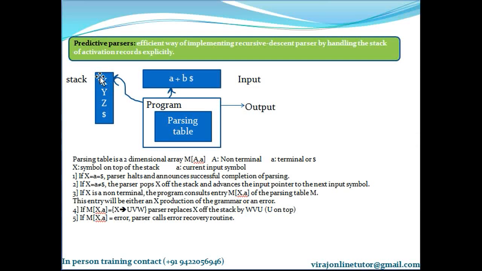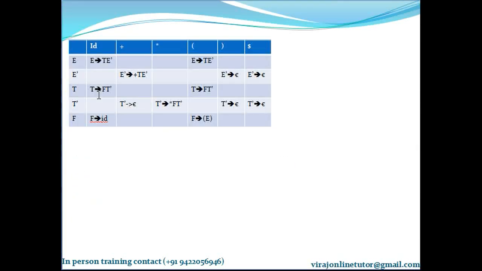So in this use case, when the topmost element matches the current input symbol, it means the topmost element of the stack is a terminal which matches the current input terminal. So advance the input pointer, meaning it is parsed, and pop the terminal off the top of the stack. The next use case is if the topmost element of the stack is a non-terminal. You come to this particular table and read a cell where one entity is the topmost element of the stack, which is a non-terminal, and the second entity is the current input character.